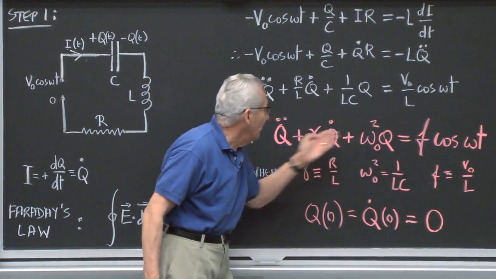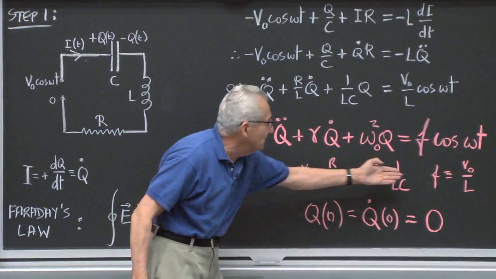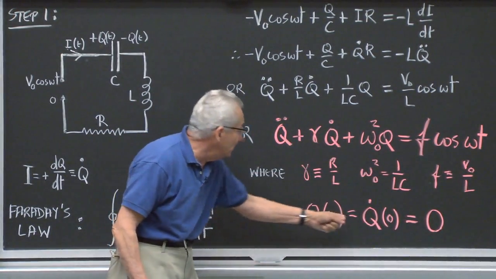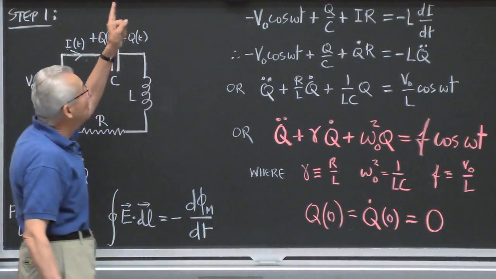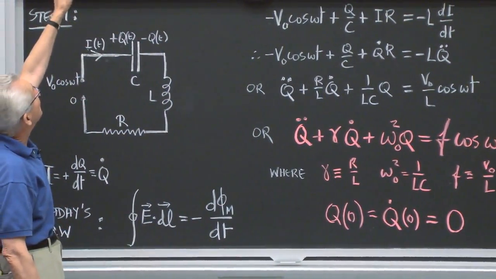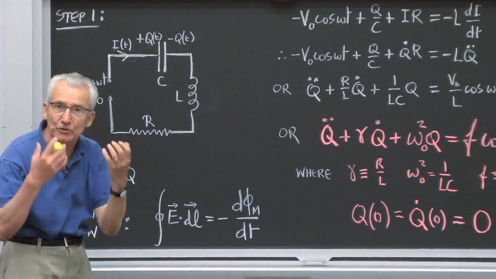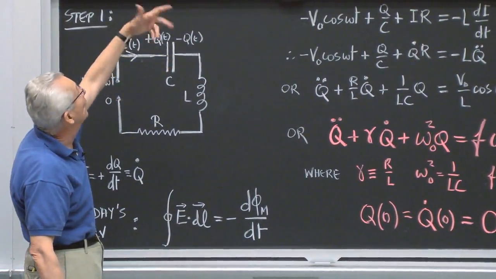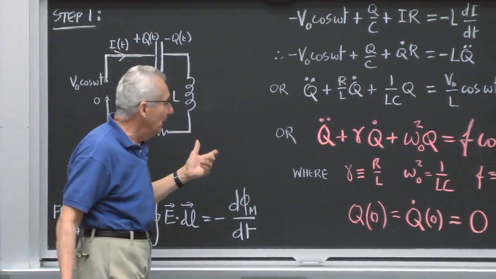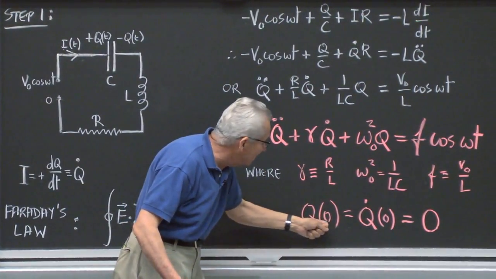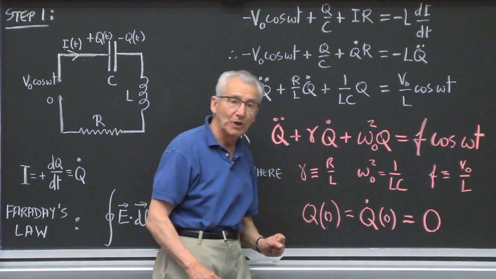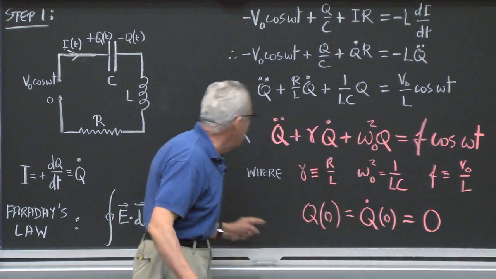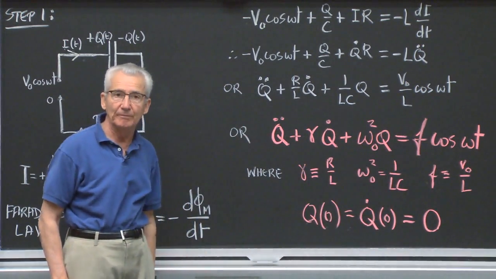This is the equation of motion. This just defines the constants. And this is the boundary conditions. It tells us that in our particular problem, we switch that circuit at t equals 0. At that time, what was the condition of the current and charge? So Q at 0, we said was 0. Q dot at 0 was 0. This completely mathematically defines that problem.